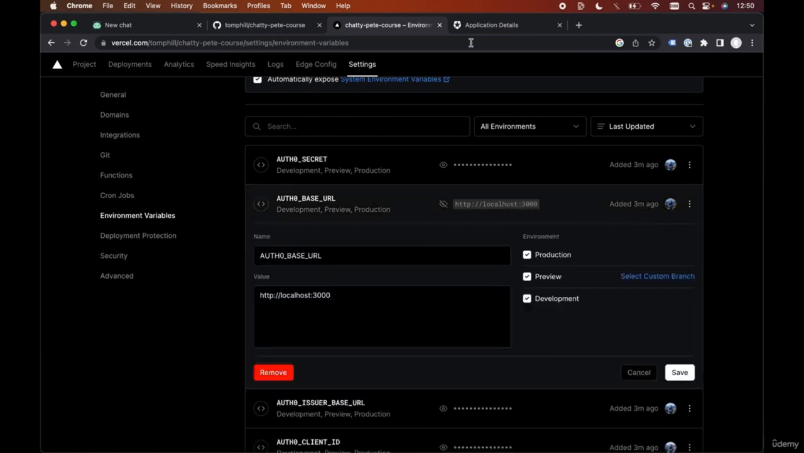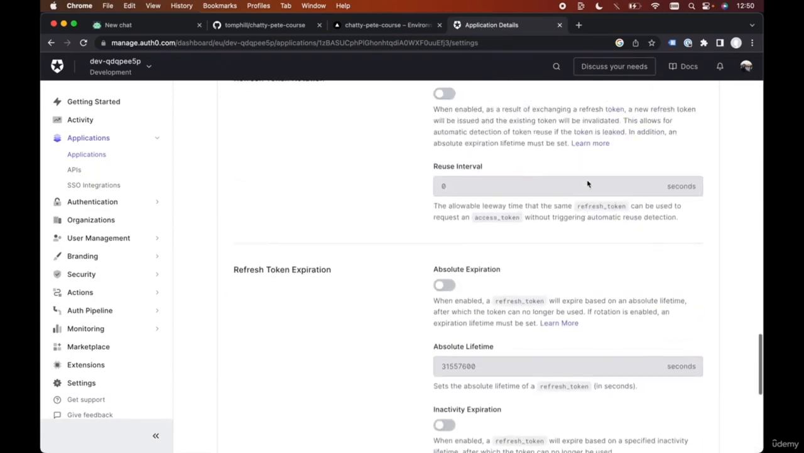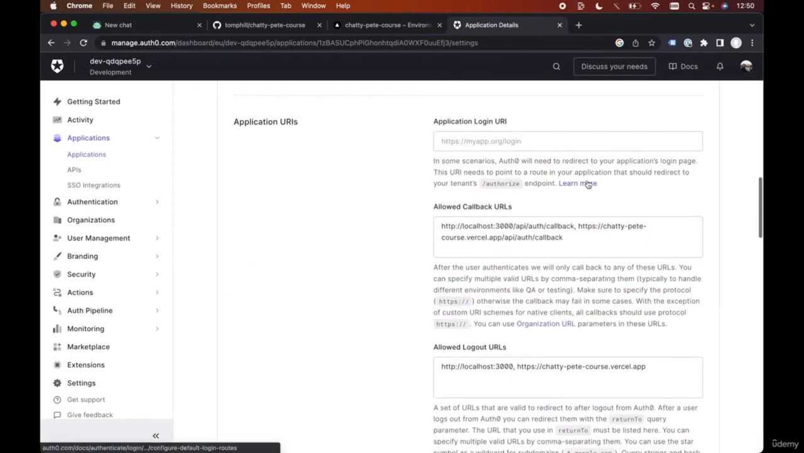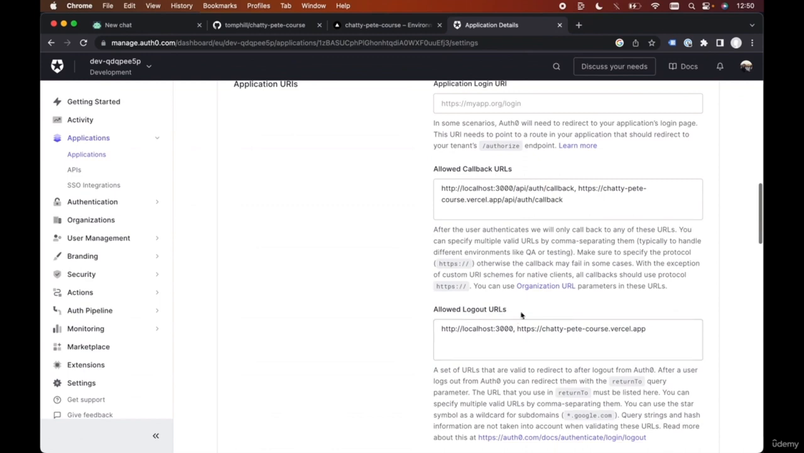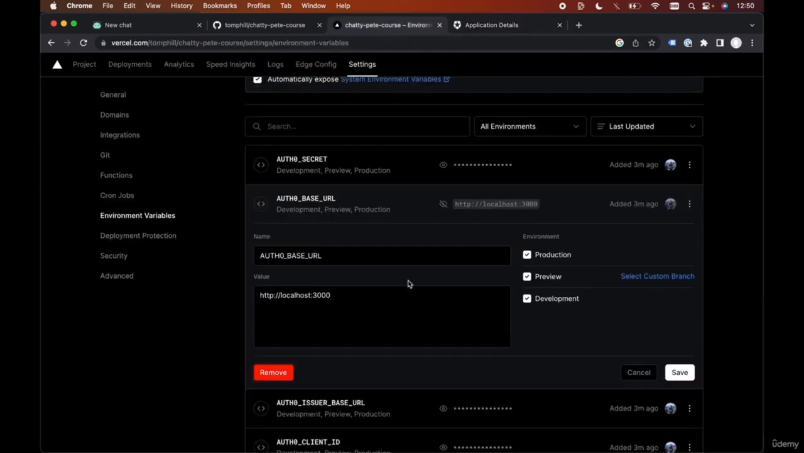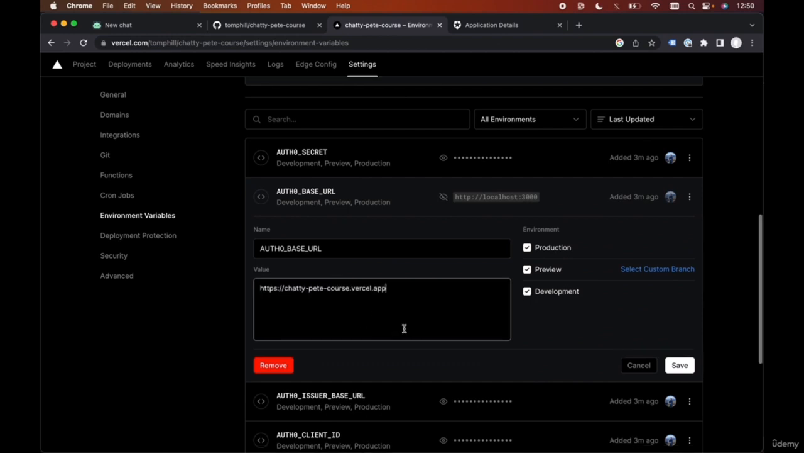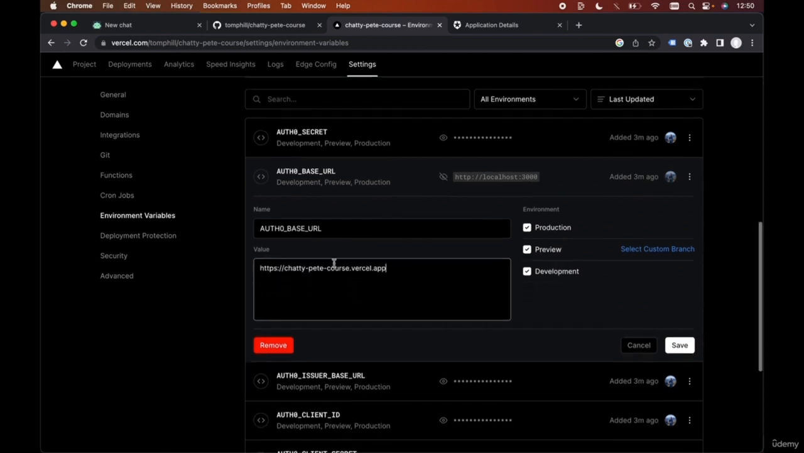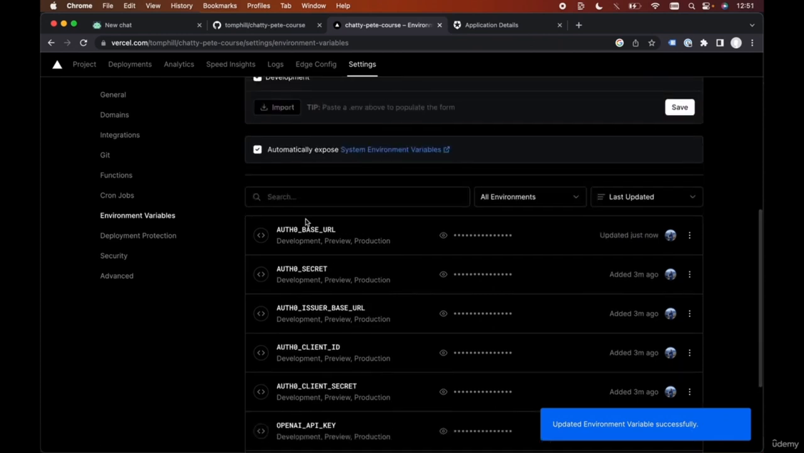So let's hit Edit. And we need to update it to, if we scroll to the top here where we've added our allowed logout URLs, we need to just copy our live production URL, or our live production domain, and update it for our auth0 base URL. So our auth0 base URL on our production environment is going to be the domain name that Vercel gave us for our live app. So if we hit save on this now,